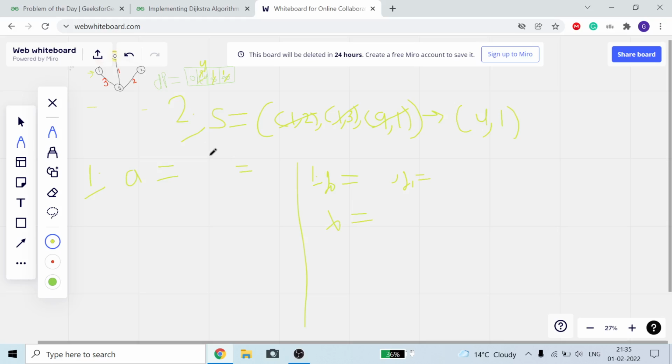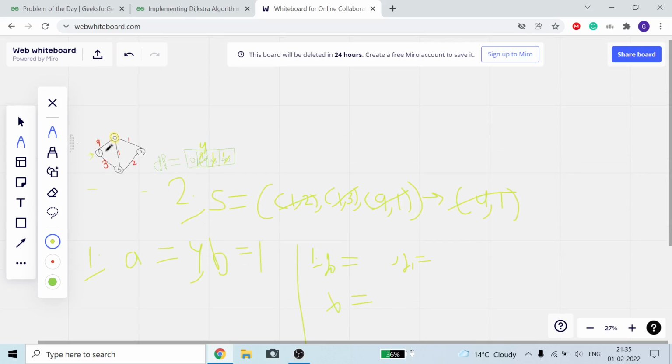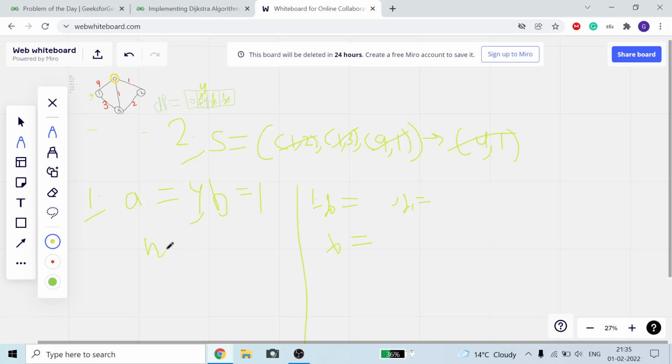So here we will take it. Our A is equal to 4. Our cost is equal to 1. So all nodes of 1 are 0 and 3. Now J0 is equal to 0. First of all, we are doing this. J1 is equal to cost, which is equal to 9. A plus J1, 4 plus 9, is equal to 13. Our dp0 is less than this. So this will complete without doing any modification.